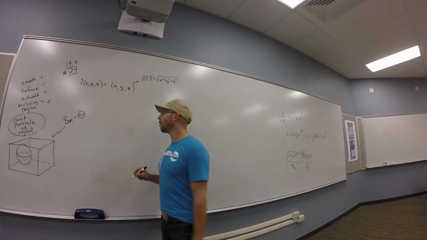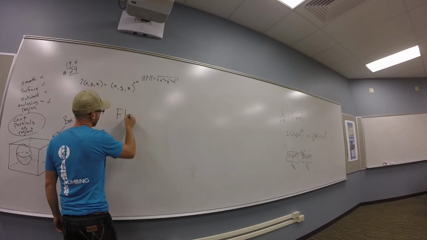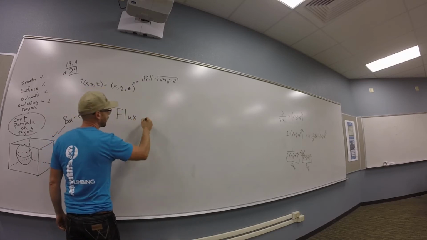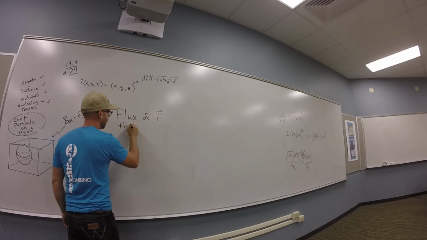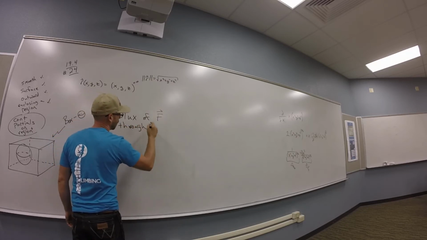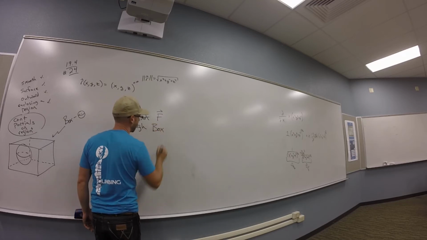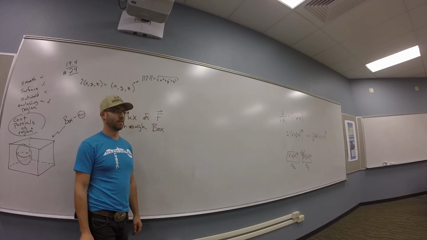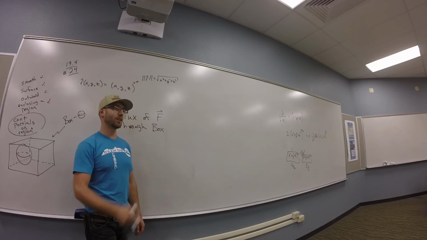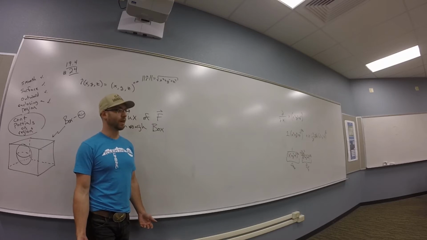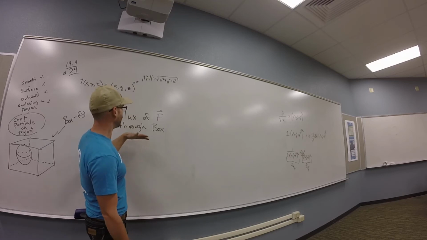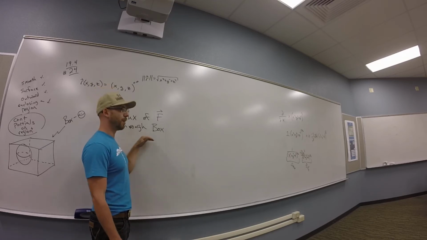And I want to take the flux for part C of F through the box. Now they actually want me to calculate the flux through the box, right? I could set up an integral to do that. Or I can say, hey, the flux of F through the box